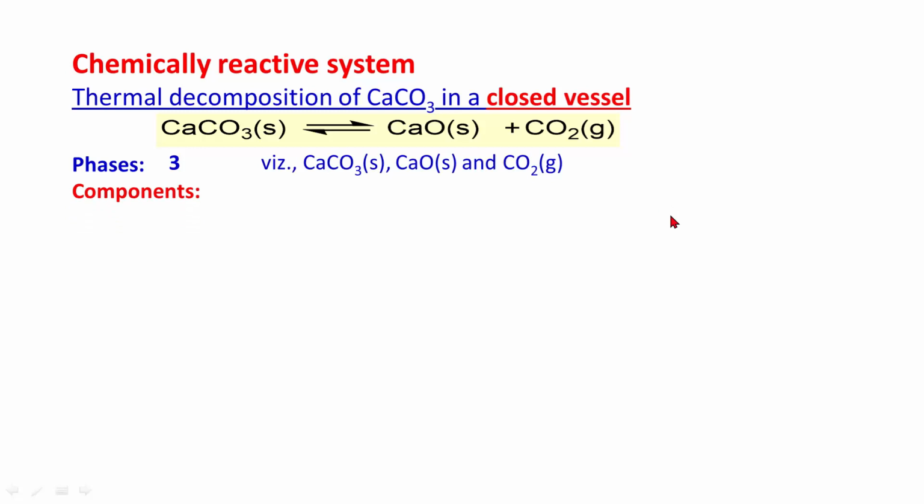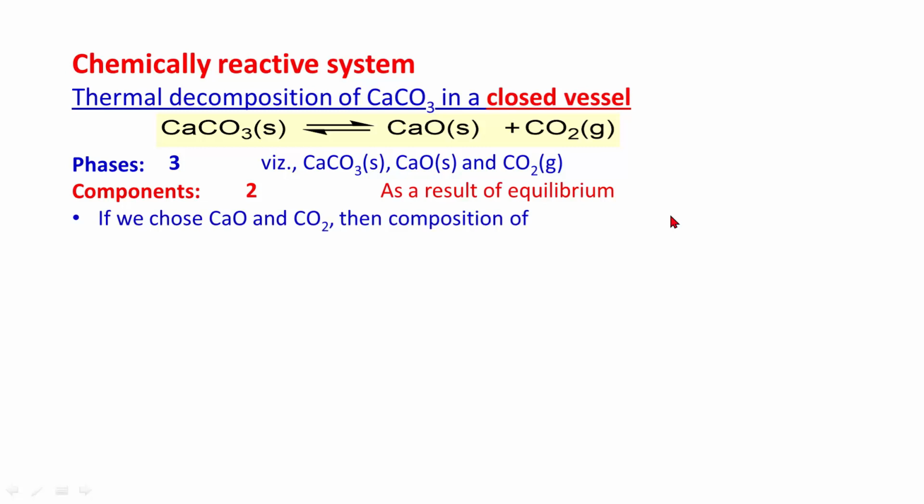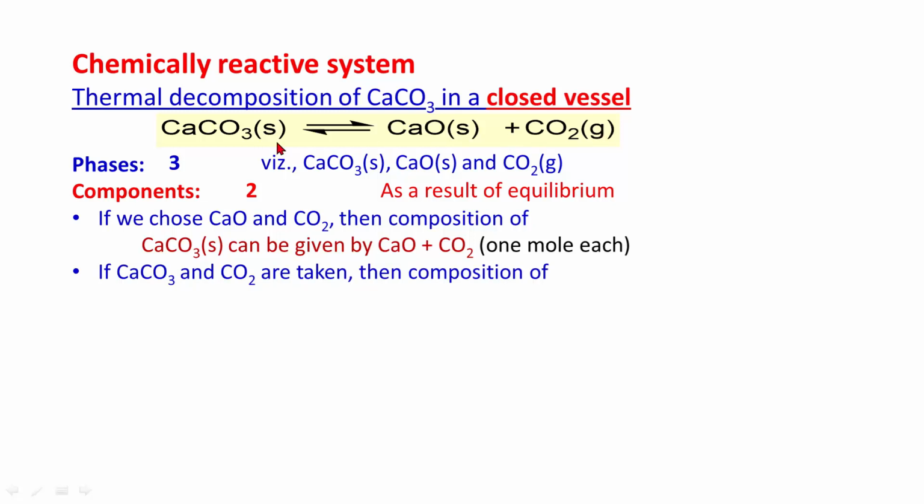Number of components are 2. As a result of equilibrium, if we choose calcium oxide and carbon dioxide, then composition of calcium carbonate can be given as calcium oxide plus carbon dioxide, 1 mole each. If calcium carbonate and carbon dioxide is taken, then composition of calcium oxide can be given by calcium carbonate minus